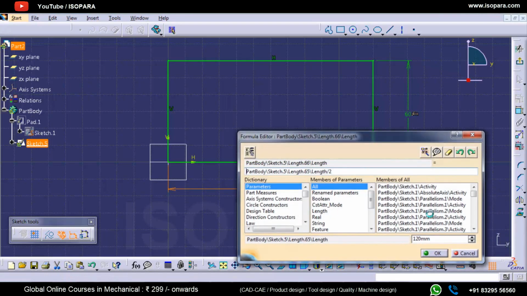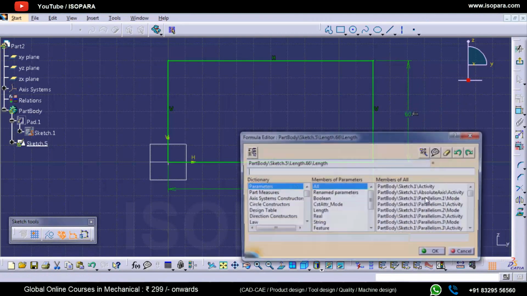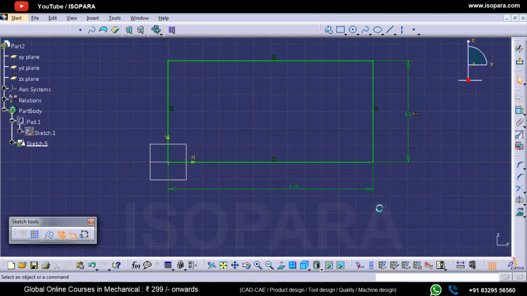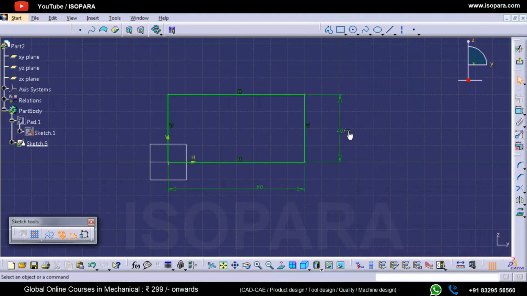and I can't change the value right now. But if I click over here, I can remove it if I want, then I can change the values. And even if I want it to be equal, I can put 1 by 2 in that case, and it will be equal. So right now if I change this one to, let's suppose, 80, this will automatically become 40. So you can create this kind of relation between the dimensions if your model needs this kind of construction.